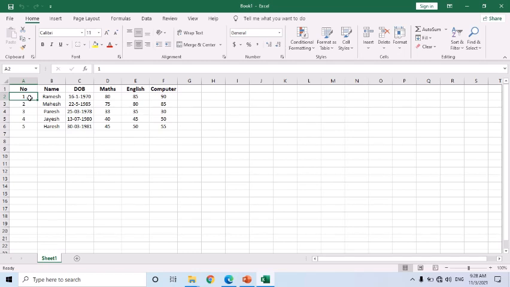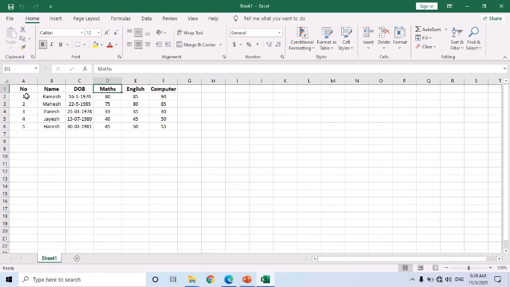So the very first thing we need to do is assign the headings for what we want to store. In simple language, we create a heading first. For example, number, name, date of birth and different subject names, or whatever your required fields are. And we also have to define what kind of data we are going to enter.